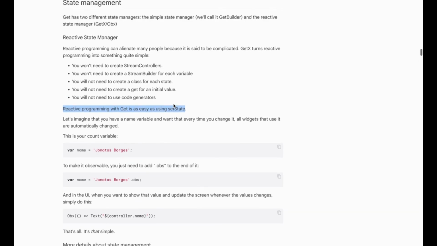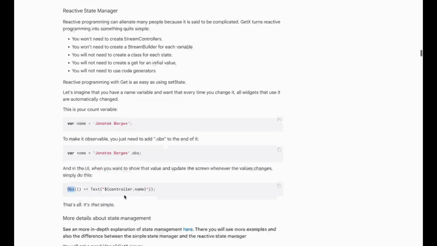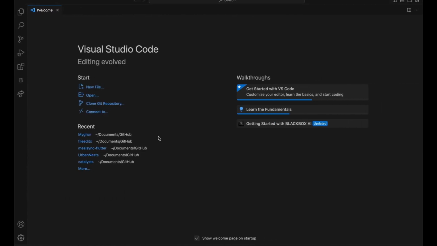For doing that you only require two things. Firstly, we declare the variable, then we have to add an observable. This is an observer, and once we add the observer we can use an Obx to check the changes on the observable, right? So if I want to try that out,